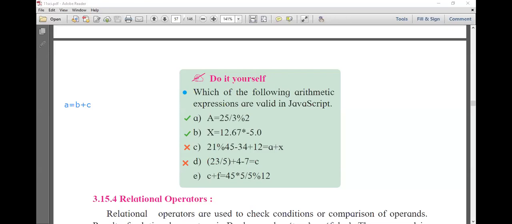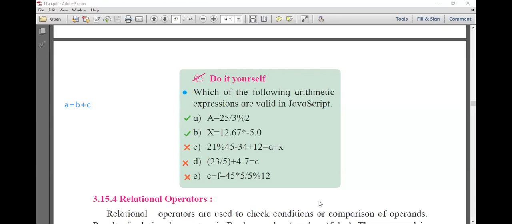Yes, Joshi, left hand side. Yes, left hand side what? You're right. There is an expression at the left hand side. What should be there? Only a single variable should be there. An expression never comes at the left hand side. If an expression comes at the left hand side, then that is a wrong statement. Yes, Joshi, you are right. So this is an invalid statement. Only two statements are valid in JavaScript over here.